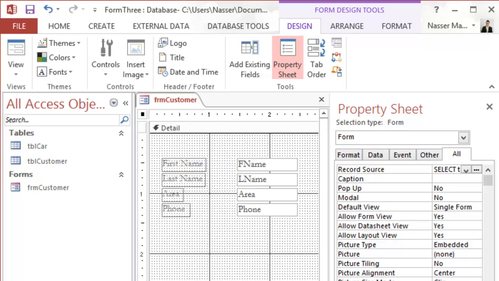Here keep in mind the caption. You might want to use this caption. It's helpful to display a nicely formatted form name. If you would like to practice, you can practice that, but this is not in the instructions. In the instructions it says click the all tab, so I already did, and then set the record source property to